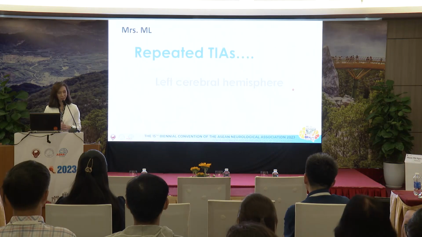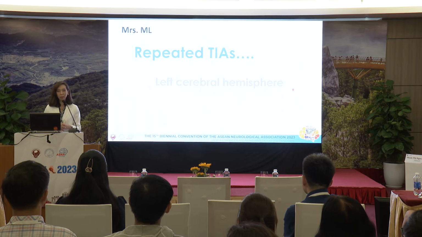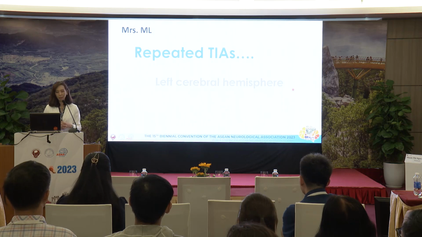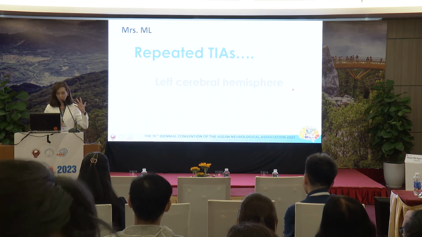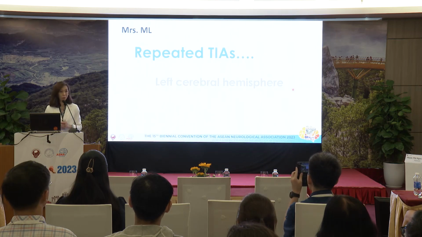So, what's next? This patient is coming in with repeated TIAs. Now she's back to normal neurologically, but she has a high chance of having another TIA or even a bad stroke. So it's very important that we search for the cause of these TIAs. Since the TIA is happening on the same side all the time, it's very likely that it comes from a blood vessel on that side. It's very unlikely to be cardioembolic because it happens on the same side all the time.